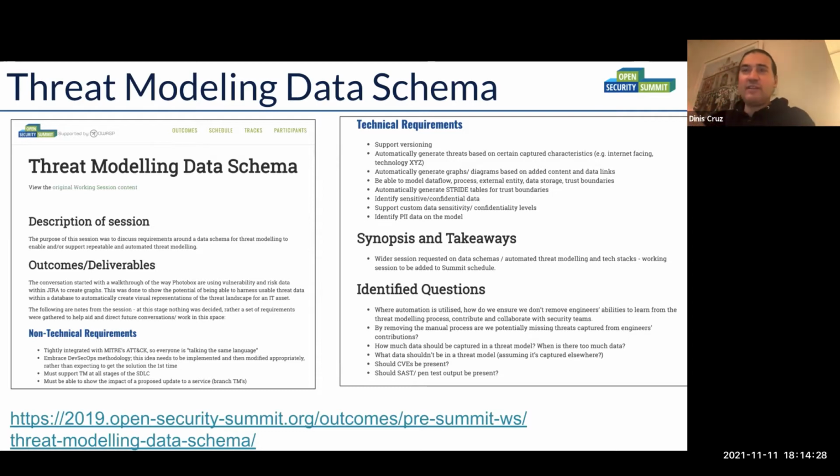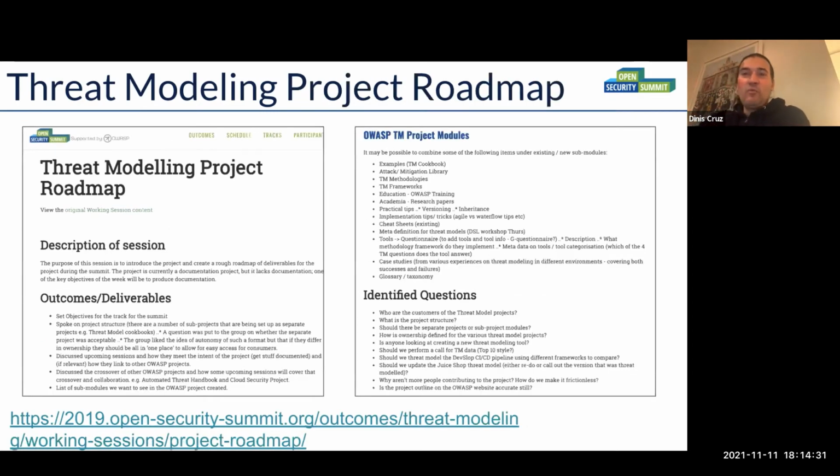And there were lots of ideas. So the next one is the threat modeling project roadmap. There are some really cool ideas. And remember, there's a lot of great work happening at OWASP, which we absolutely want to contribute to and leverage, and make sure that it has the projection that it deserves, right? So the idea here is not to do something outside of what's already out there. It's just about making the best of what exists, sharing knowledge, linking, and contributing to other projects.